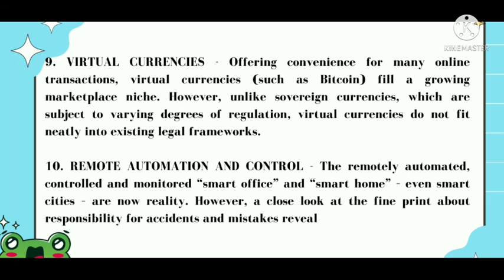And lastly, we have remote automation and control. The remotely automated, controlled, and monitored smart office and smart home, even smart cities, are now reality. However, a close look at the fine print about responsibility for accidents and mistakes reveals